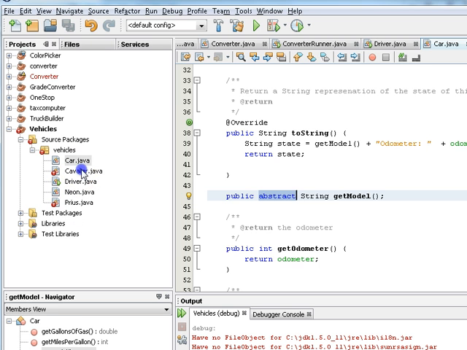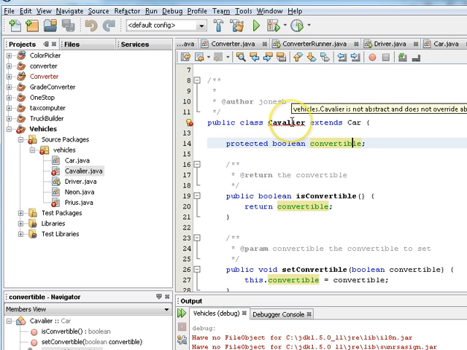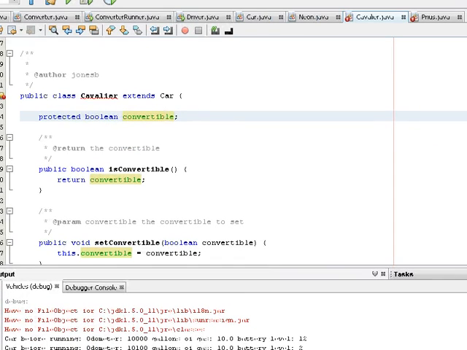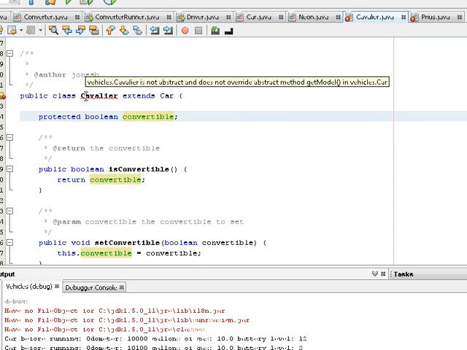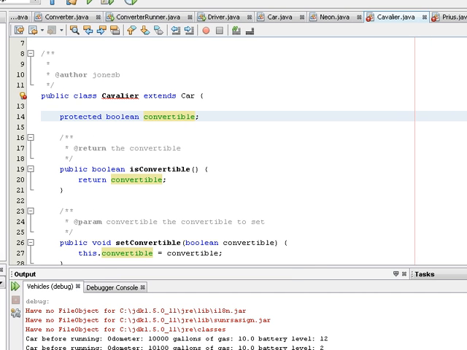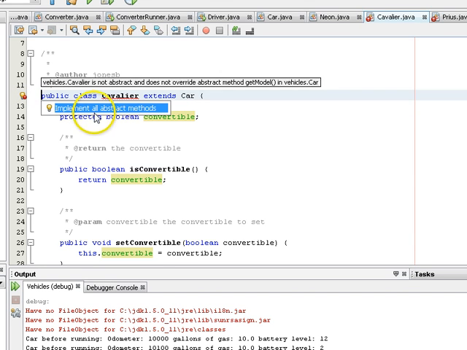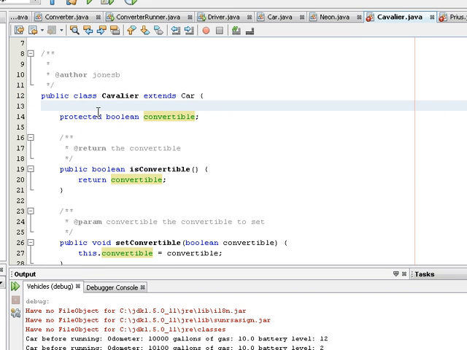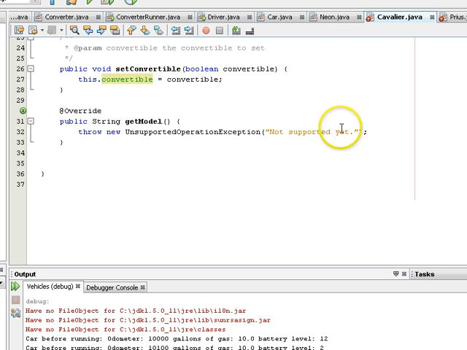method. So I go into Cavalier, and I mouse over, and let me move back so we can see the actual message here. Vehicles.Cavalier is not abstract and does not override abstract method getModel in vehicles.Car. So you see, by declaring that abstract, my child classes are now forced to implement that method. So I click implement all abstract methods. Yeah, that's fine. And I could just leave it empty like this, but a better thing to do would be